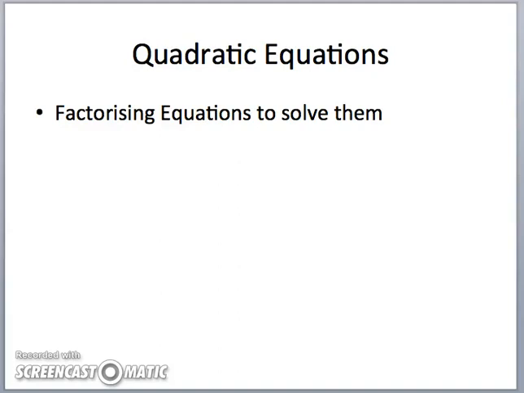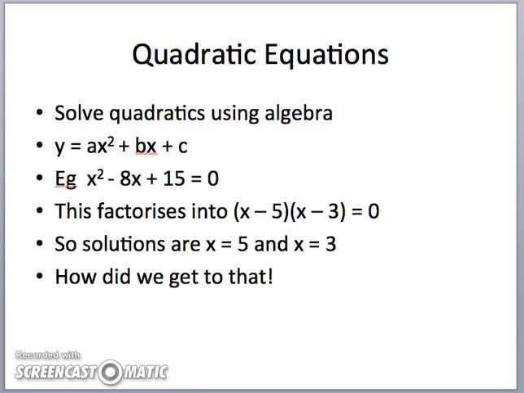So now we're going to solve quadratic equations using algebra, and the first thing we're going to look at is factorising equations to solve them. And here's a little bit of magic. To solve a quadratic equation, y equals ax squared plus bx plus c, where a, b and c are numbers,